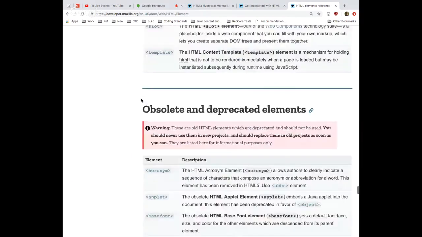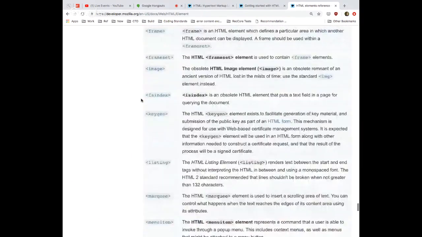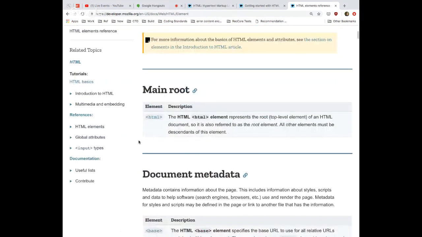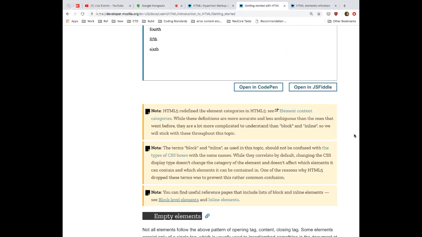So we're just going to touch on some of these, and then they've even got deprecated and obsolete ones. We're going to be touching on some of the most important ones, but if you really want to understand HTML or you want to say, I'm not sure what the right element for this would be, you're going to have to go do some reading on what the different HTML elements are. Maybe look at that list and say, oh, do any of these look like they fit the context of what I'm working